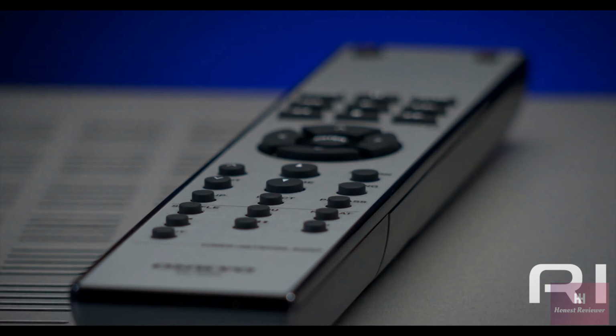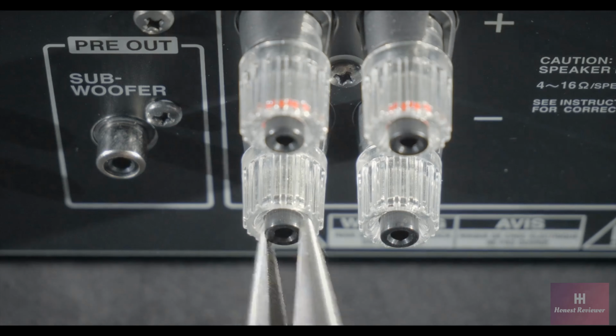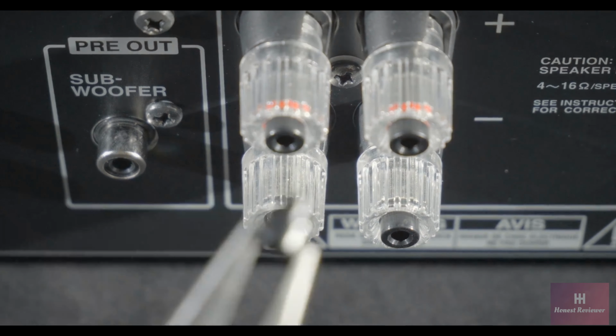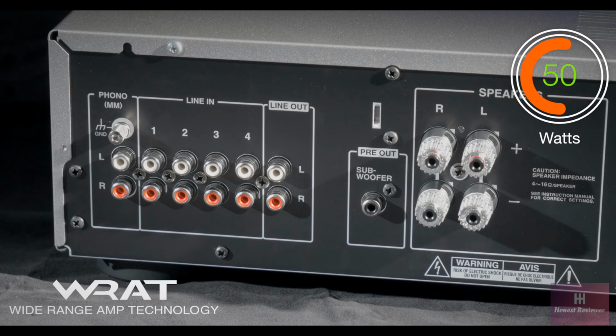Speaker binding post will actually accept 4mm banana plugs, but you have to remove the safety plugs first. This can be done really simply by just using a pair of pliers that you can just pop out the plugs. This then gives you the option of using banana plugs, or alternatively you can unwind the posts and use normal bare wire. Now the 9110 boasts 50 watts per channel using our RAT amplification, and I will be doing